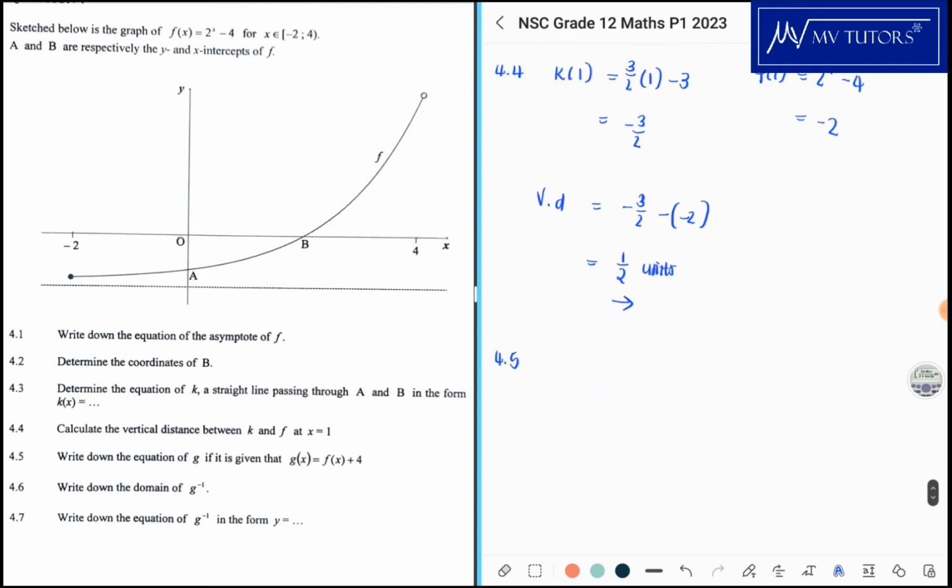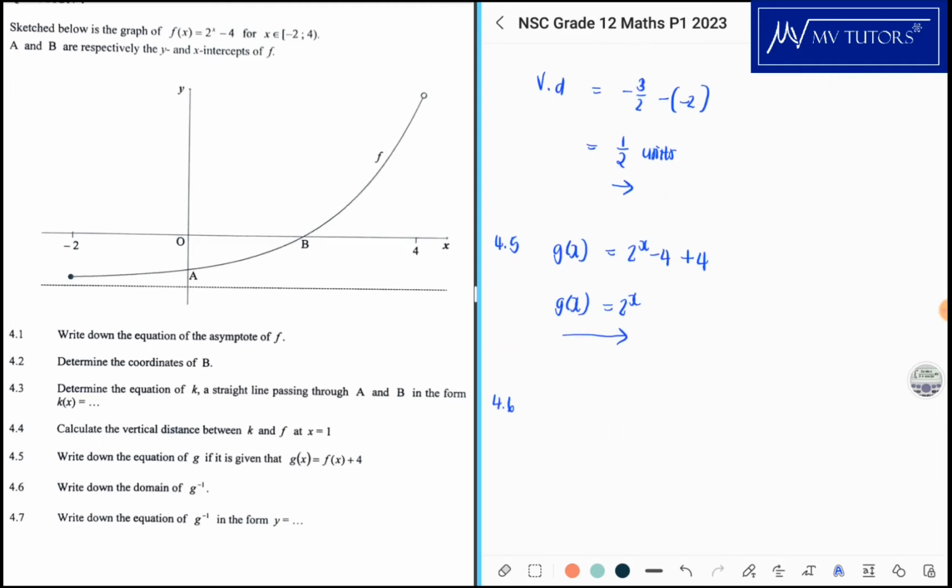Now, 4.5, it says, write down the equation of g if it is given that g of x is equal to f of x plus 4. Okay, this should be a bit straightforward, but let's just write it out. So g of x is f of x. What is f of x? That's basically 2 to the power x minus 4, and then we add 4. So we see the 4's cancel, so g of x is practically 2 to the power x. And then 4.6,